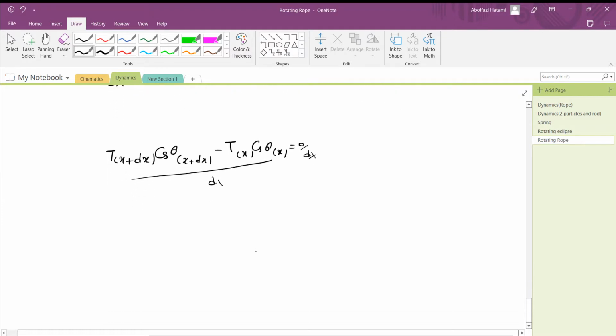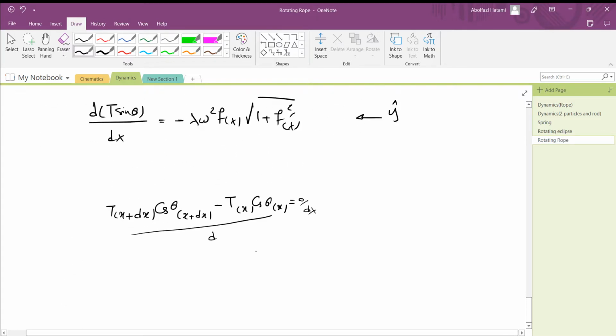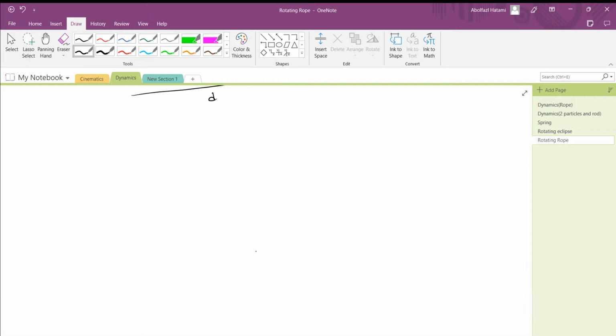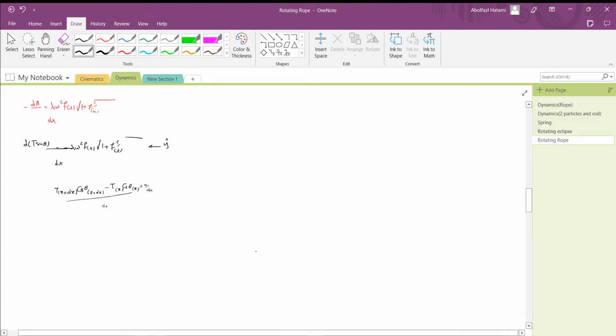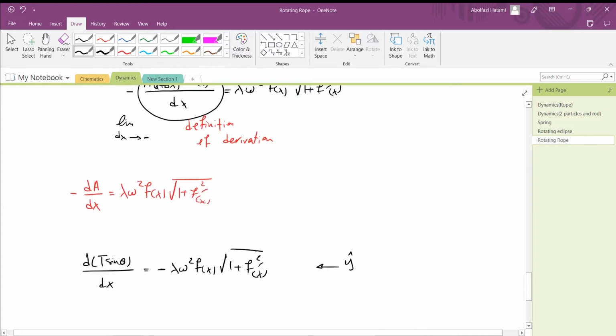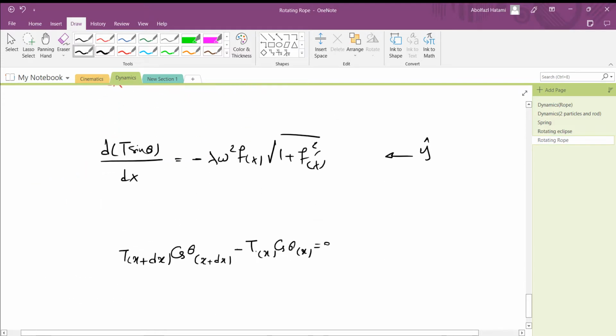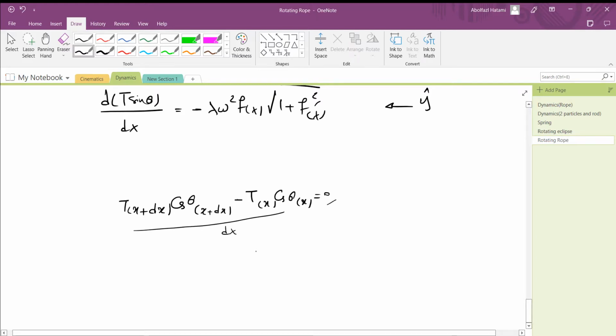Again, it is the definition of the derivative. If we divide both sides by dx, it is going to be,